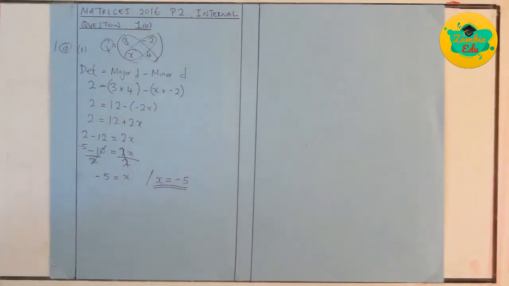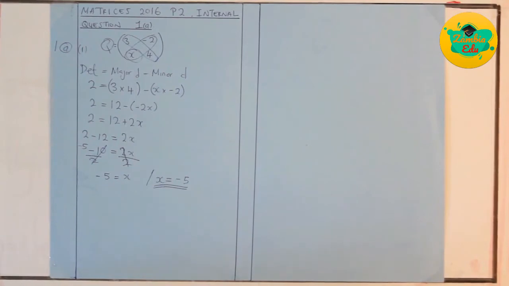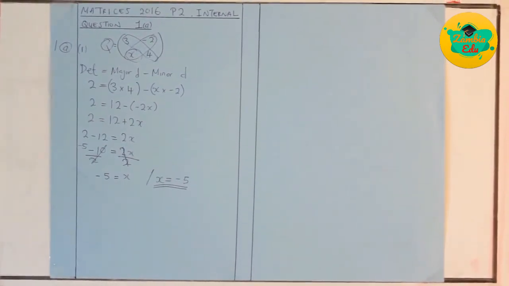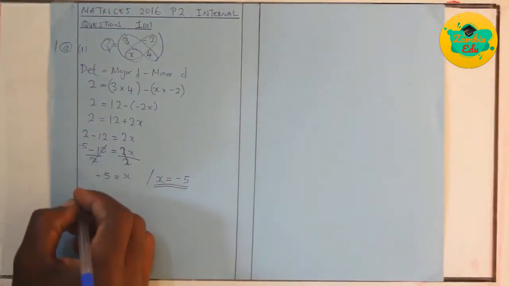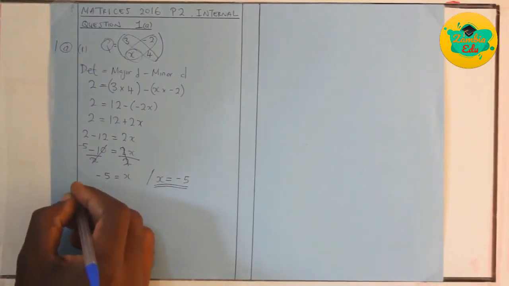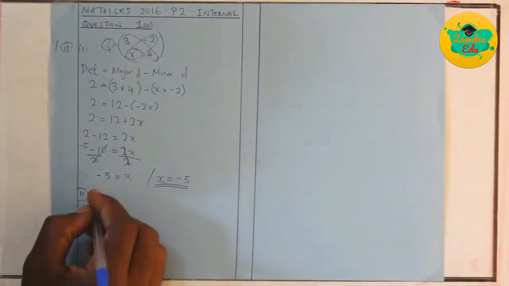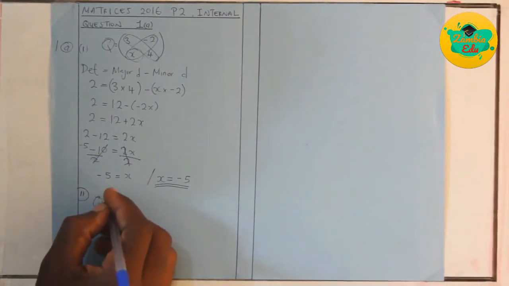We go to our second part of the question. The second part says, find the inverse of matrix Q. So we indicate our question there. Now we are dealing with the second part, and we are looking for the inverse of matrix Q. Now, the inverse is going to be shown in that way,